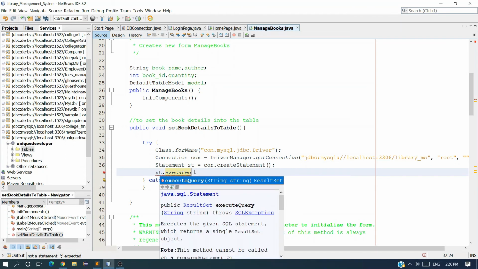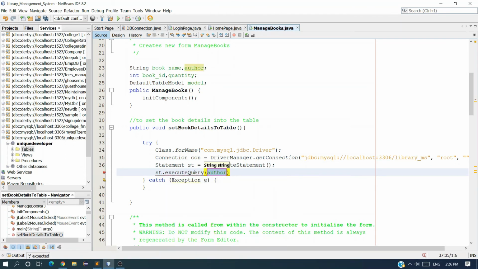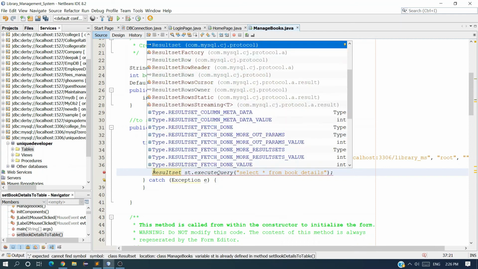And now executeQuery, and the query I want to execute is select star from book_details, and just catch the result using a ResultSet object.